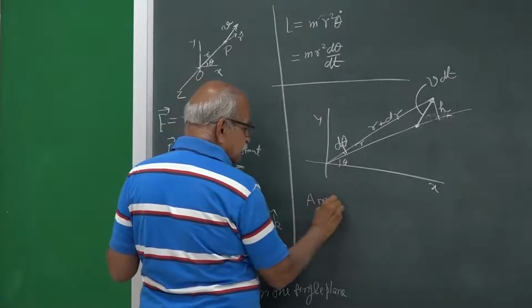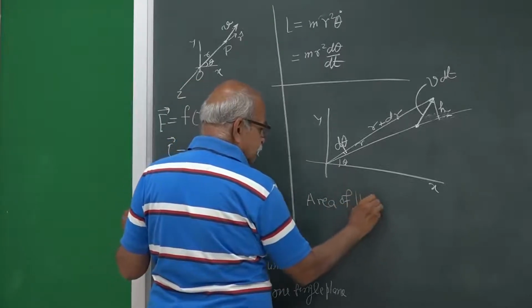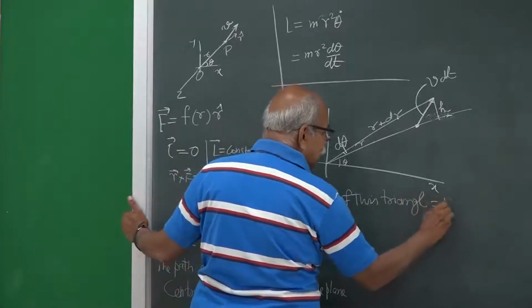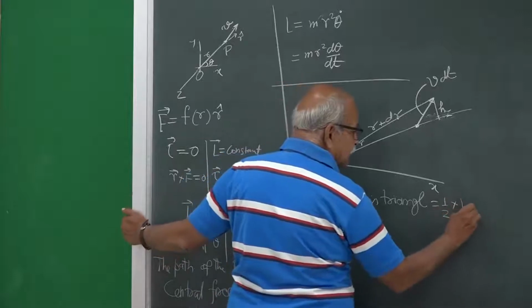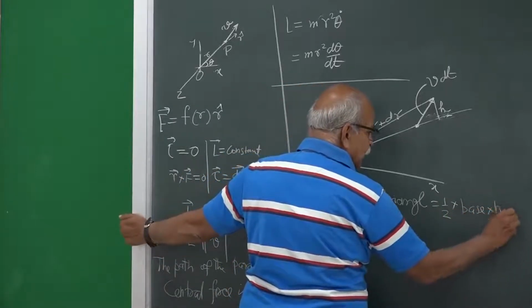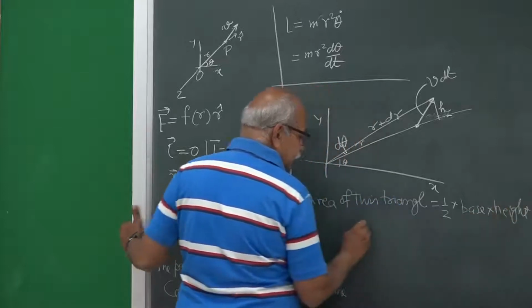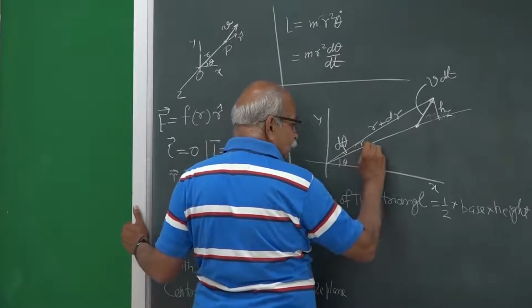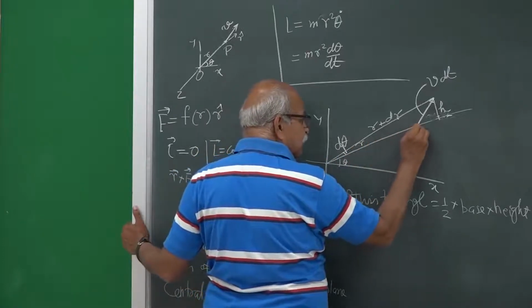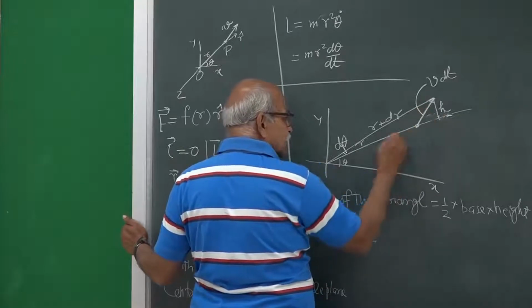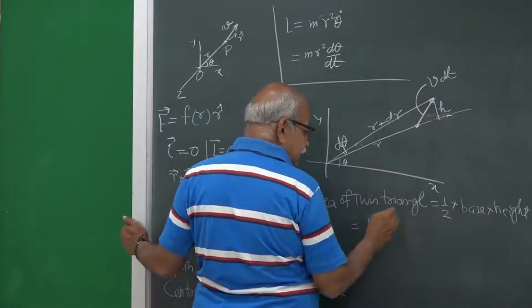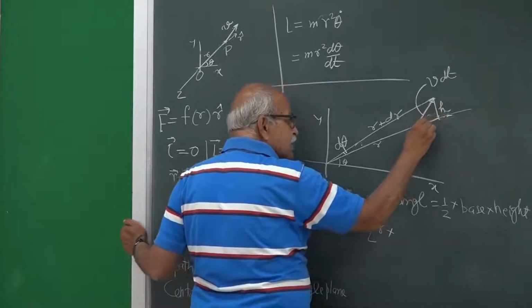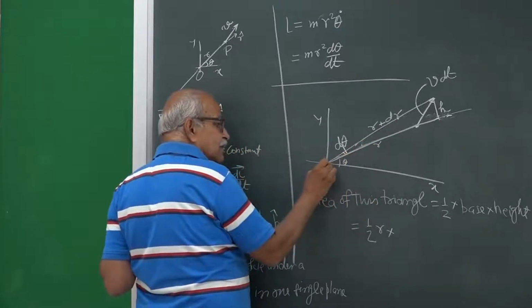Area of this triangle is half into base into height. Here this is the base, one side on which you drop the perpendicular from the third vertex. So this base is r, and height is this one, and this height you can write from this right angle triangle,